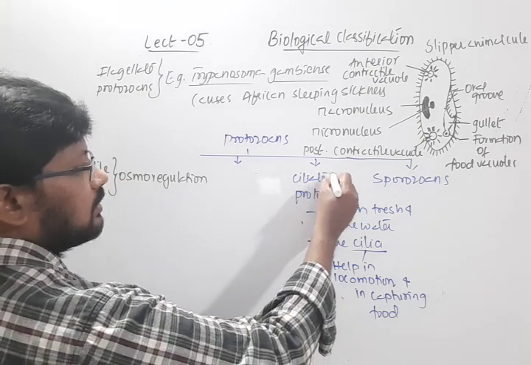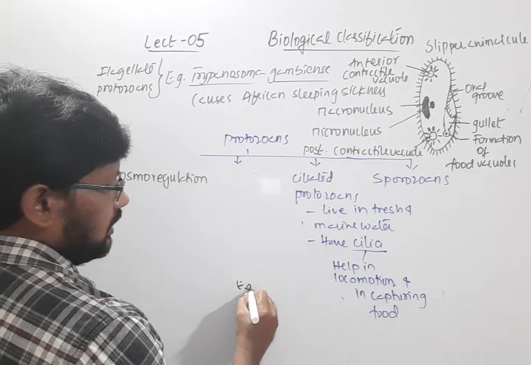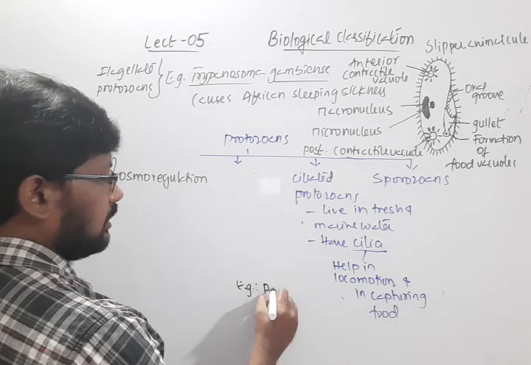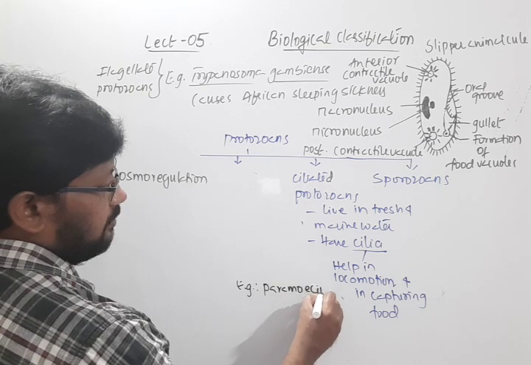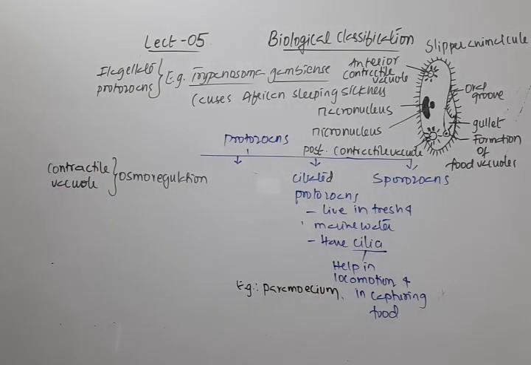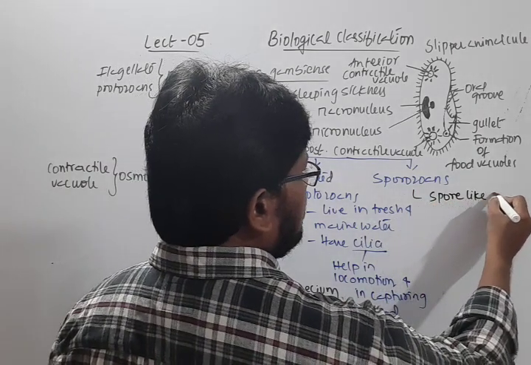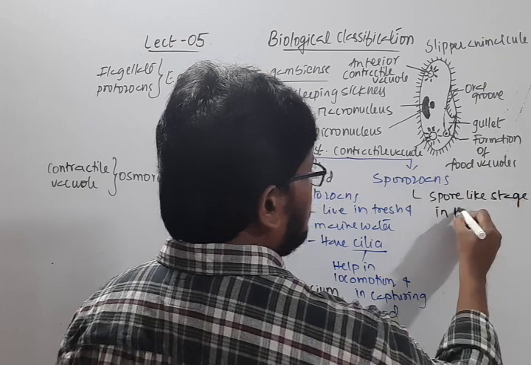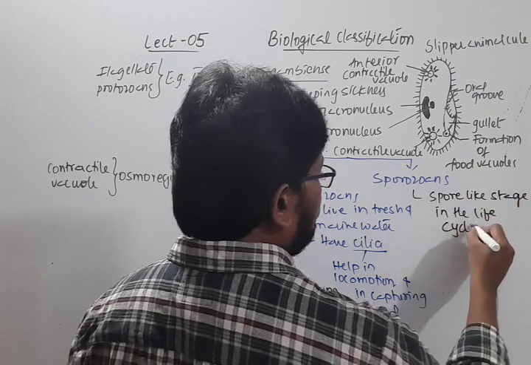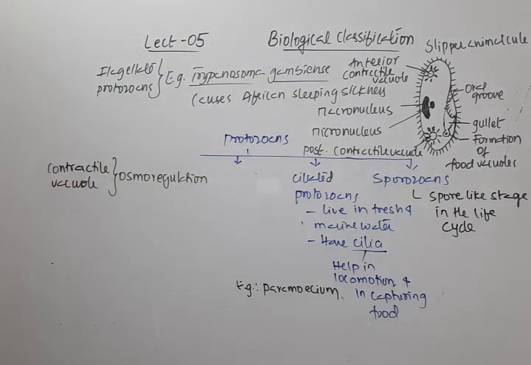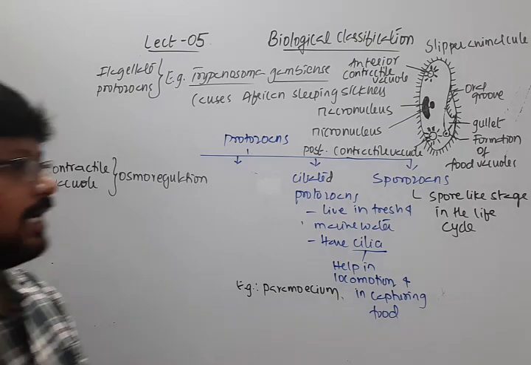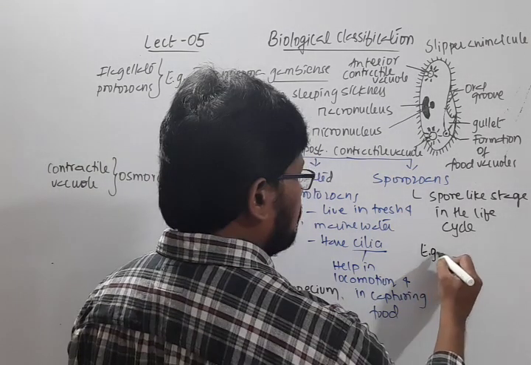these ciliated protozoans. So here the example of this ciliated protozoan, which I already mentioned, is Paramecium. Then lastly, coming to sporozoans. These sporozoans have a spore-like stage in the life cycle. So for that reason they are all called sporozoans. And one example of these sporozoans is